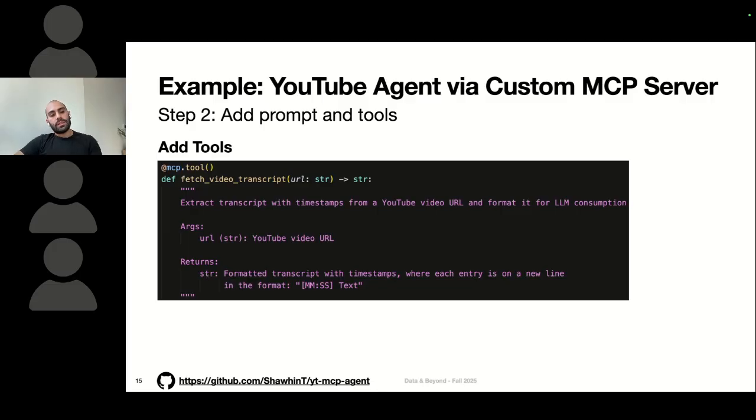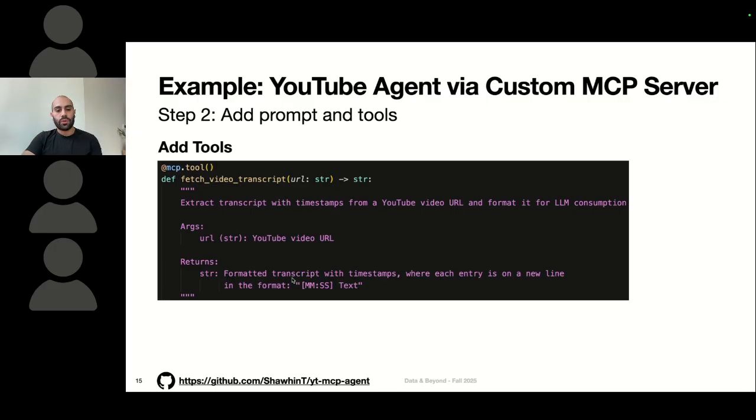And that's actually a very important note, because this doc string is what's going to be made available to the large language model when it's trying to decide whether that tool is going to be helpful for a specific user request. So the more details and more guidance you give in the doc string, hopefully the better the LLM will be able to use this tool. And so we're describing what the input argument is. It's a YouTube video URL.